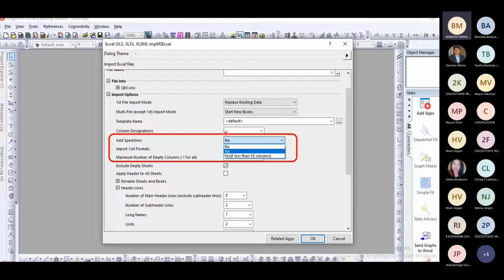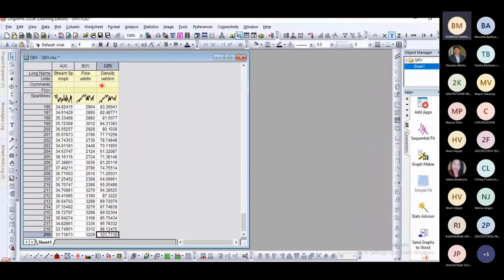So through this we can import the Excel sheet according to our requirement. So it is added here, right? This is stream speed, flow, density. Automatically the units are there in the second unit row. These are sparklines, so that shows the nature of variation of data in this format only.